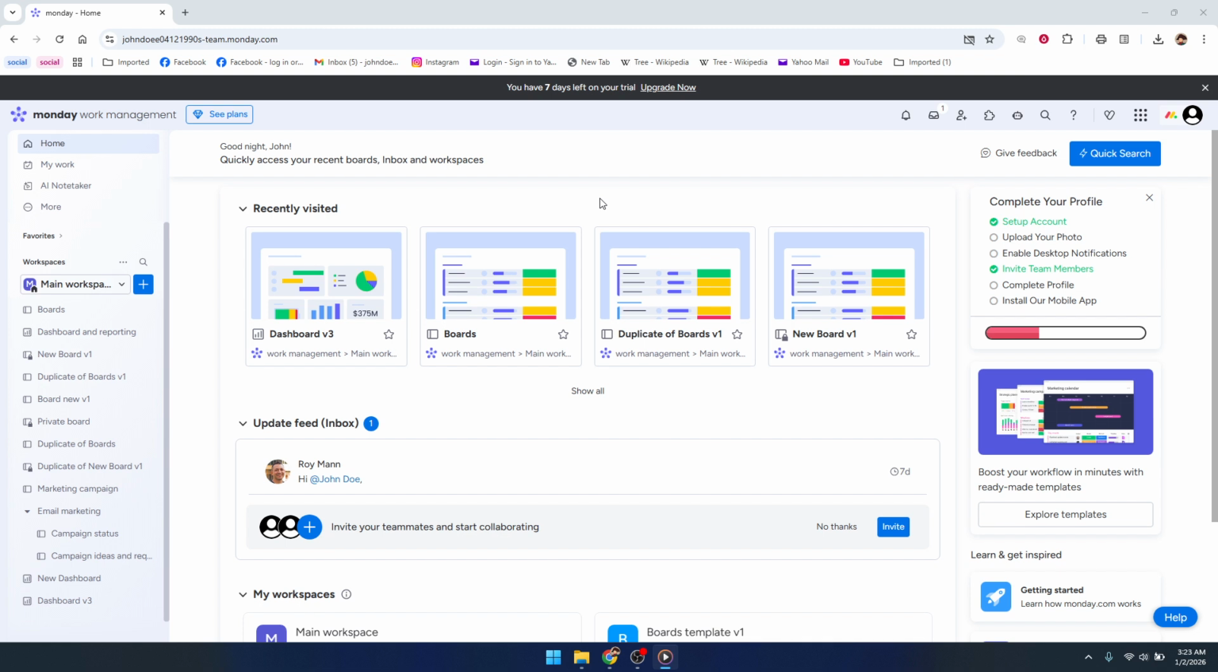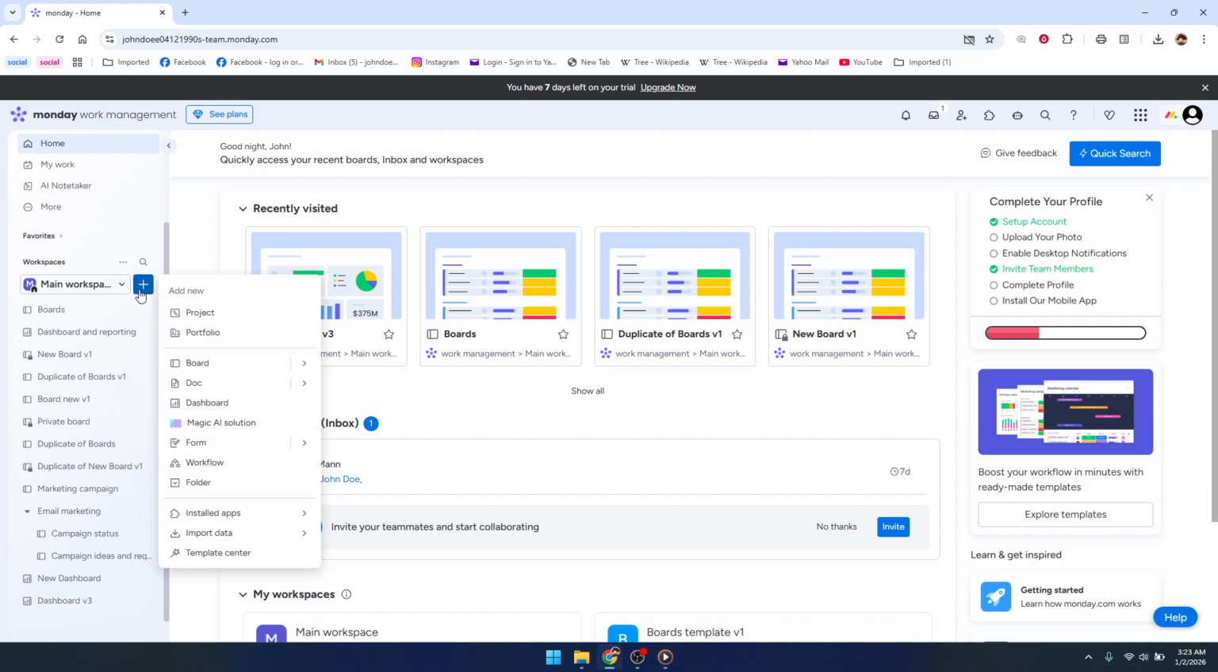Start by looking at the left-hand panel inside Monday.com. Near the top, you'll see an option labeled Add with a plus sign. Go ahead and click that. This is where you create anything new in your workspace, including boards. From the menu that appears, choose New Board, and then select Import Data. This tells Monday.com that instead of starting from a blank board, you want to build one based on a file